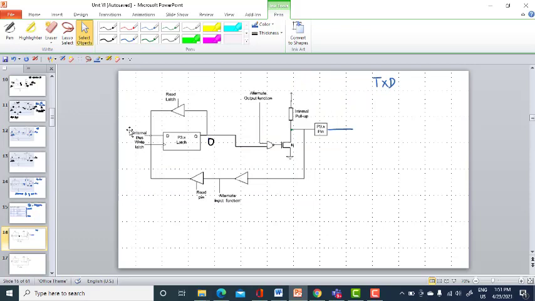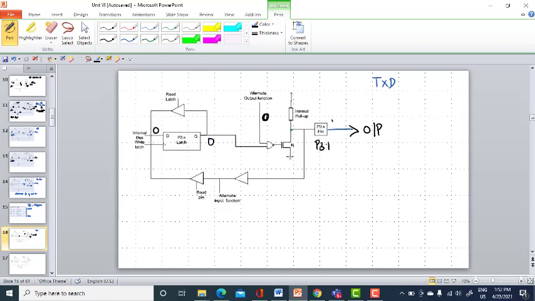I have scrolled much longer. So P3.1 is going to be the TXD pin, the transmission pin, meaning the output pin, for serial communication. Now, let this alternate function be the alternate output function, and let me take it as 0. Now this has to act as an output port.